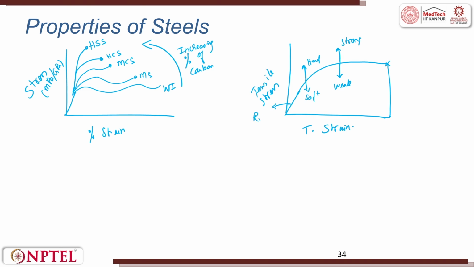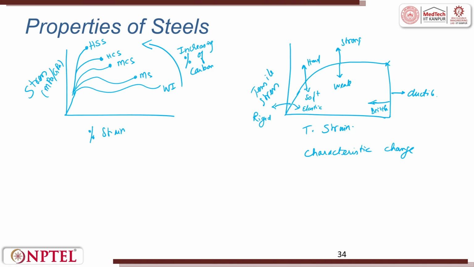This is rigid if it goes like this, and this is elastic when it goes like this. When it goes like this, it is ductile, and when it goes like this, it is brittle. So, this is just characteristics of different materials changing. In properties you should understand stress versus strain, and how the carbon content influences the stress and strain of the given material.